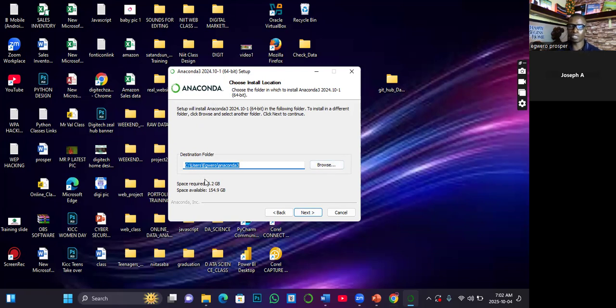The app will have selected the right directory where it's to be installed, which is drive C. But if you are not seeing Anaconda 3 as the last part of the path, that is when you know that you are in the wrong place. If what you are seeing by default is not this, maybe another file name, you know that you are not in the right place. So what you do is click on browse and ensure that you select drive C.